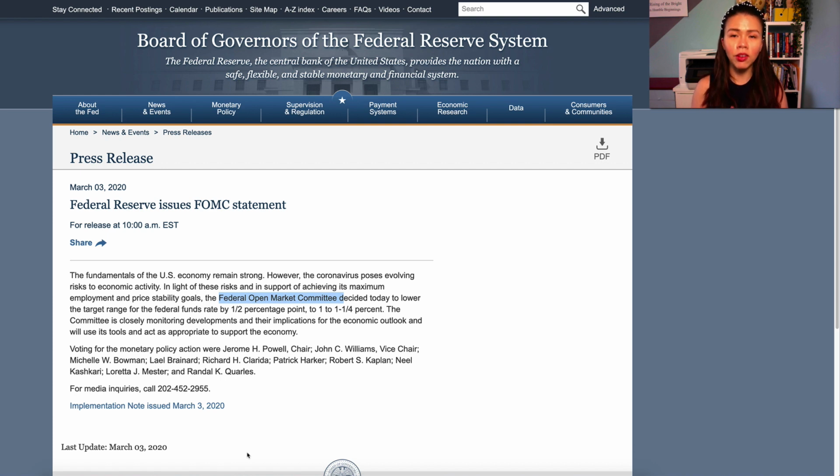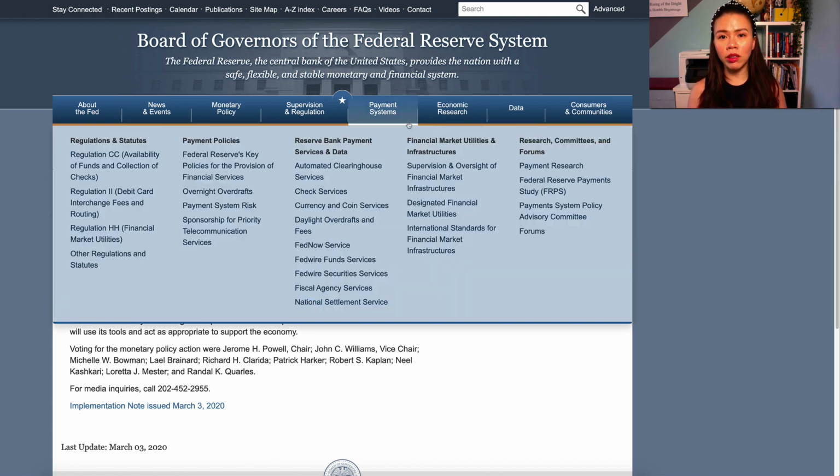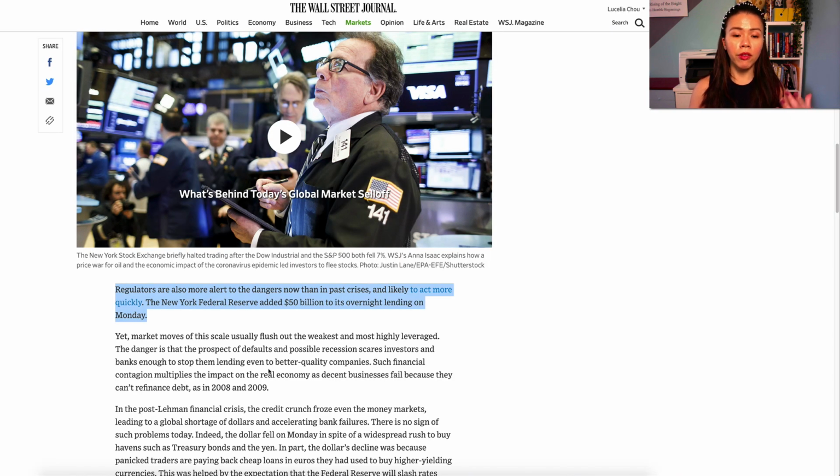We have to take preventative measures to make sure that we have everything under control and that we are helping the economy. And if that wasn't enough to add to the fear, right? The Fed also announced that they're going to add $15 billion to its overnight lending on Monday, which can be open to interpretations. A lot of people may say, hey, well, if the Fed is pumping money into the economy and they're lowering interest rates, then, hey, this is a potential for another economic downturn. We're heading into a recession, and it doesn't have to take on that negative turn. The reason why they're doing this is because they're taking, once again, preventative measures against the coronavirus.